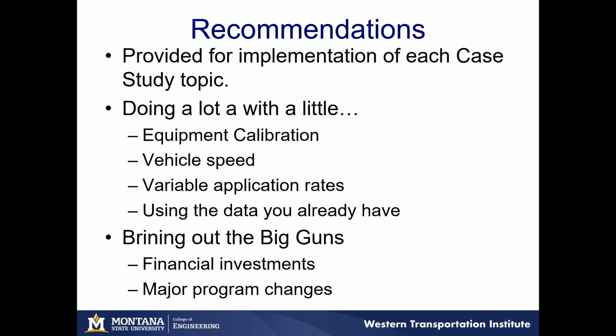Or using the data that you already have in a more effective way. And ideally, these low-hanging fruit you could identify and test and implement across the board, or just even shop by shop, just to gain support for them. But once you've exhausted this list of low-hanging fruit, then you really need to bring out the big